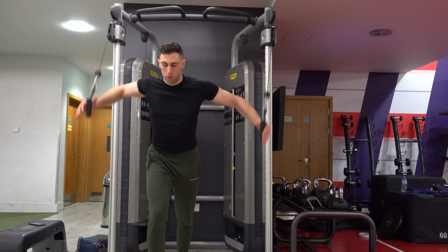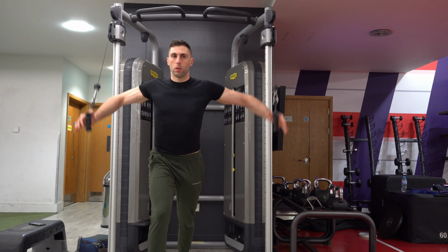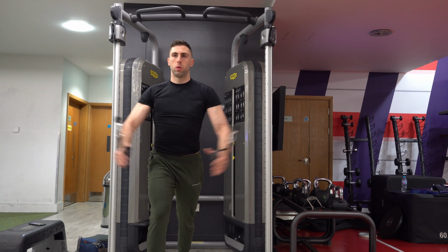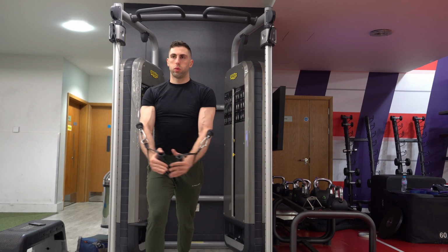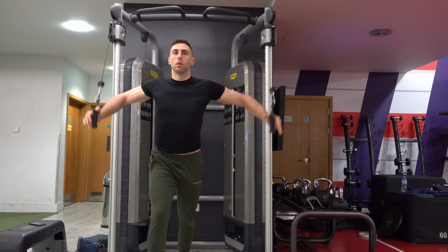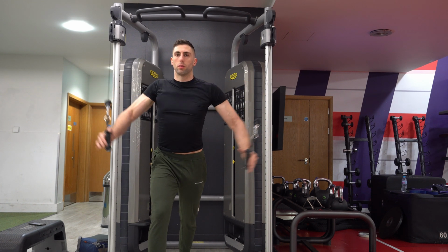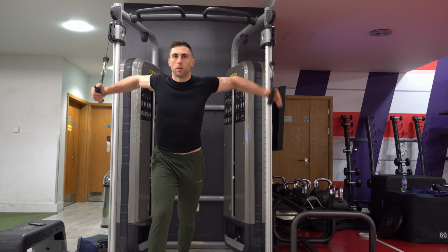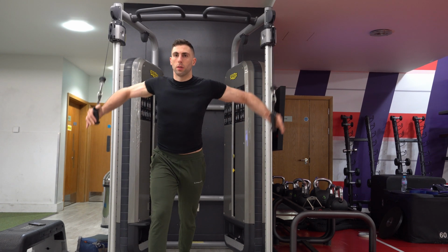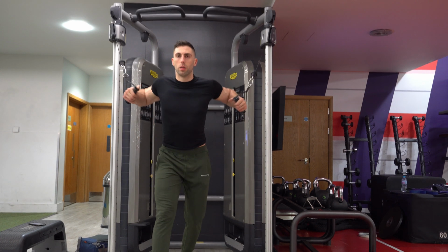This used to be my all-time favorite for chest, still is definitely up there with one of the best exercises I feel for chest, because you can get a squeeze at the bottom motion and a stretch at the top motion. And also there's lots of different angles you can work with and just make it a fun and effective exercise. So this ended up being a warm-up set, even though I didn't mean to do a warm-up set, purely